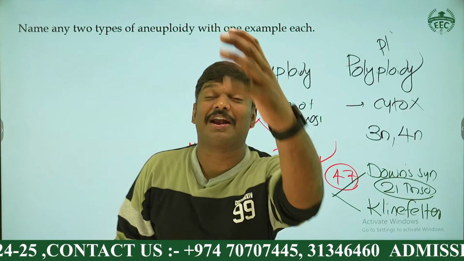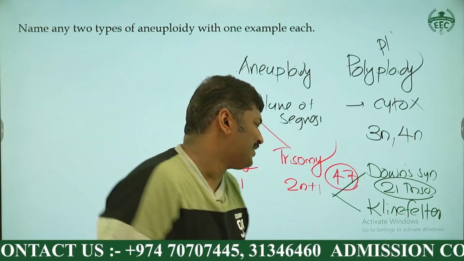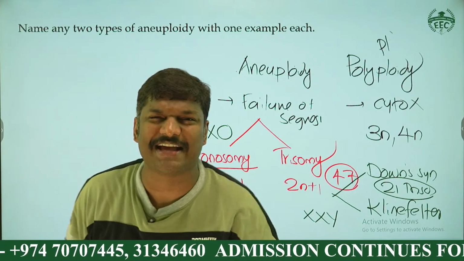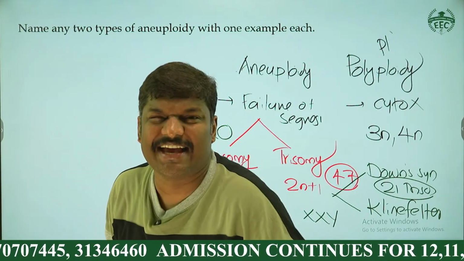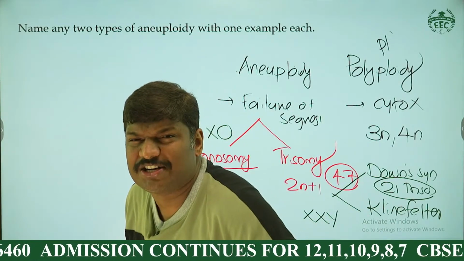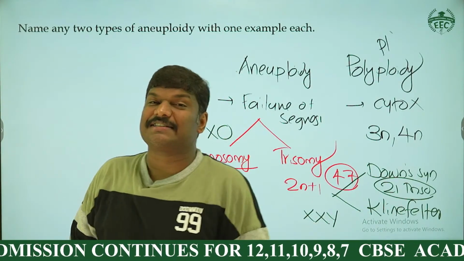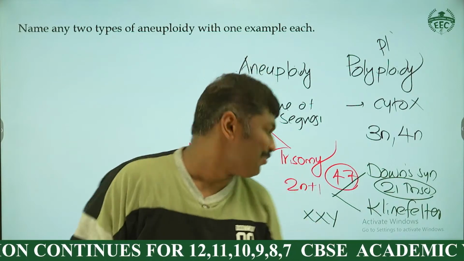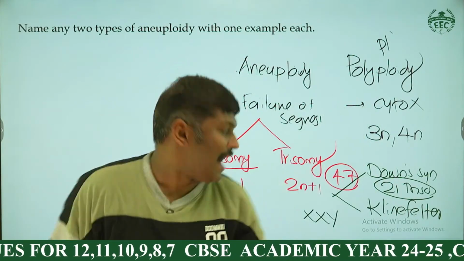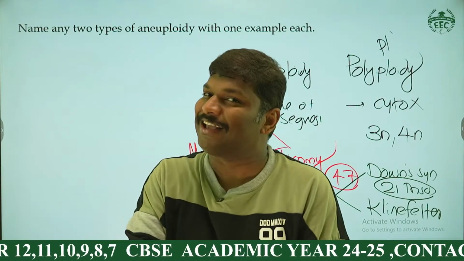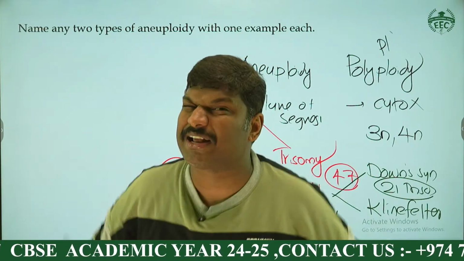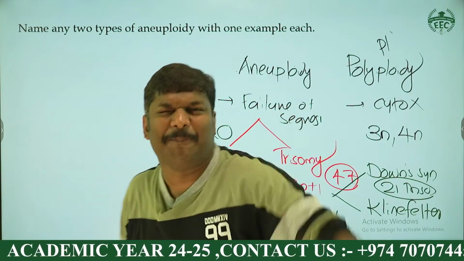And what is the last one? Klinefelter syndrome. What do you mean by Klinefelter's? It is called XXY. Generally, a boy is having XY, a girl is having XX, but here you can see one sex chromosome is additional, XXY, that is sex chromosomal. And is it a boy or a girl? It is a boy, at the same time with female characters. A boy with female characters, and the boy is developing breasts, you know that. A boy with breasts, it is called a